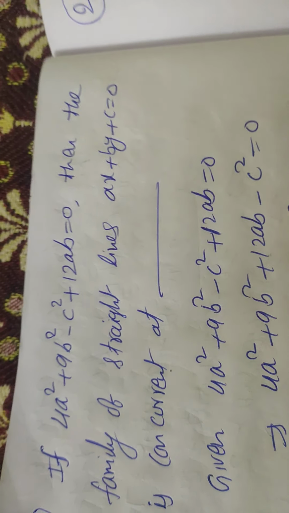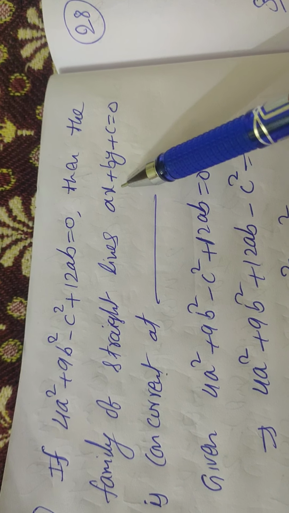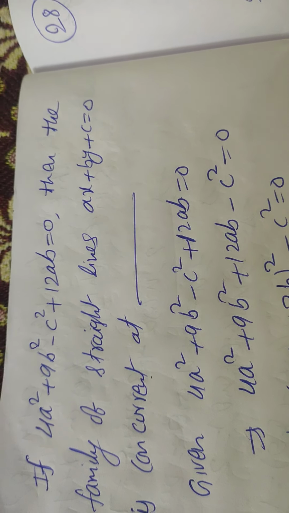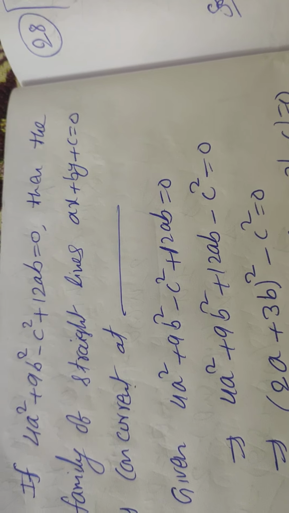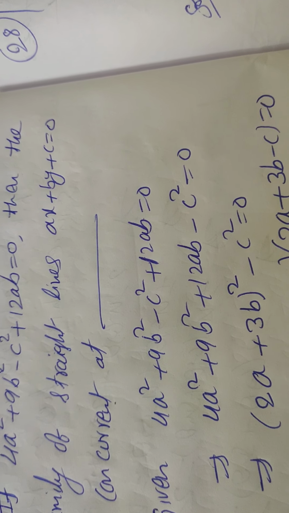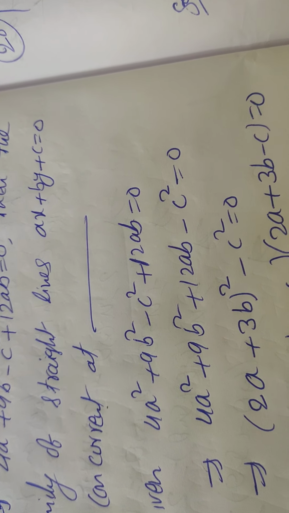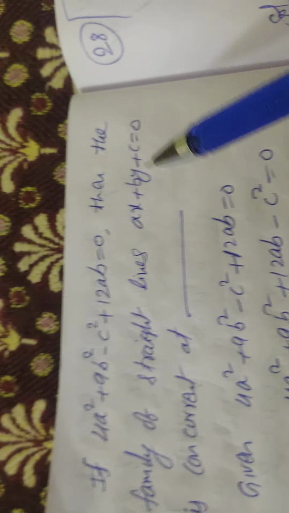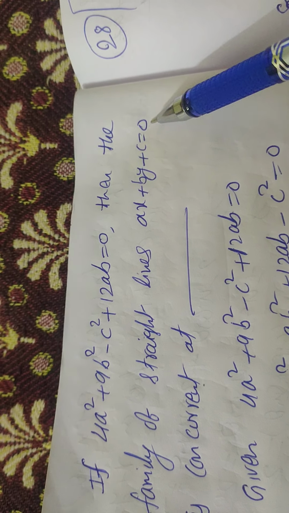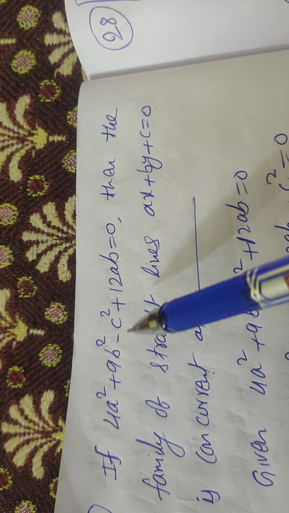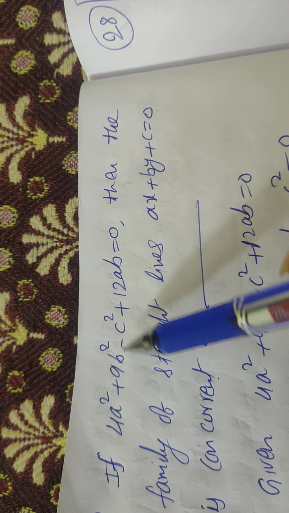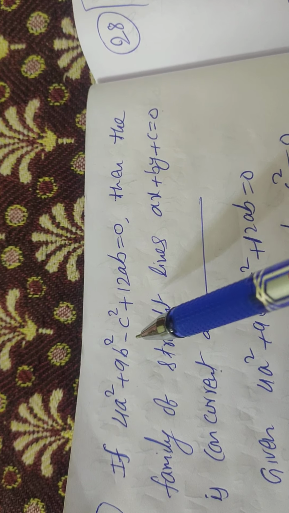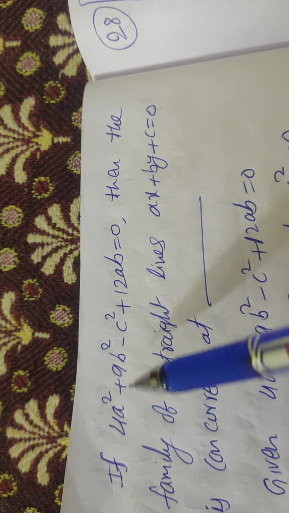So already I told you, whenever they give only one variable line ax plus by plus c is equal to 0 and one more line in terms of a, b, c, then we have to apply the identical form for those two equations. If you apply the identical form, you get the values of x comma y, that is nothing but our point of concurrence. So when you observe ax plus by plus c is equal to 0, if the other is also in terms of only a, b, c, not with a square, b square, c square, then only we can use the identical form, but it is not there.